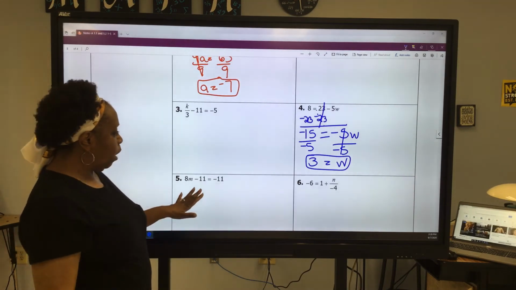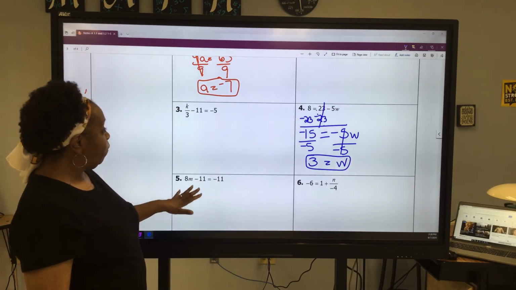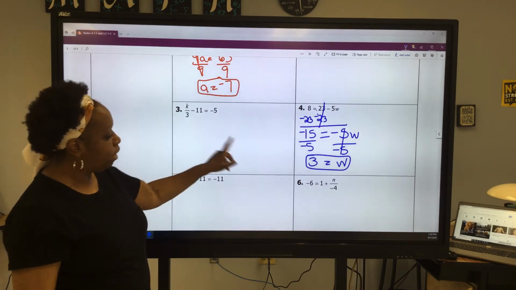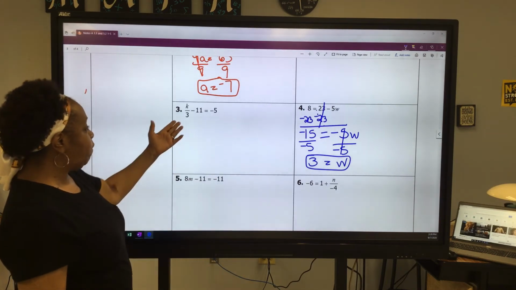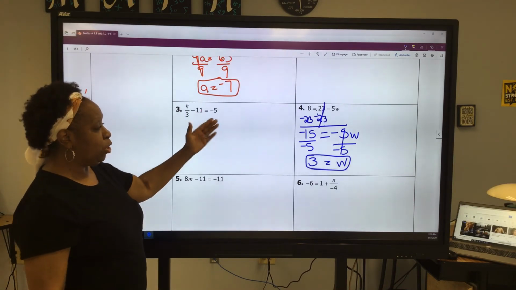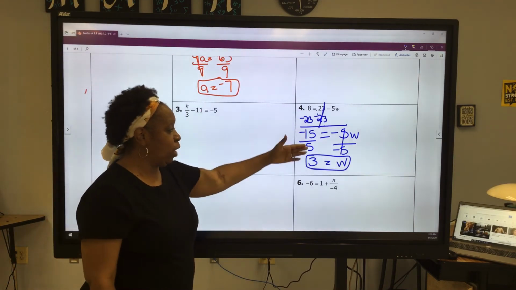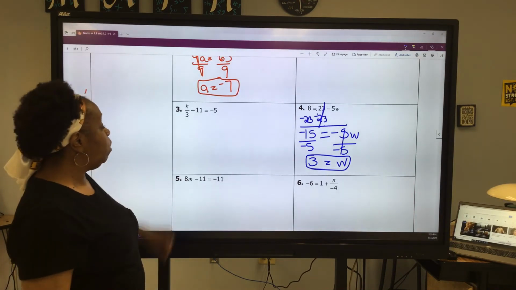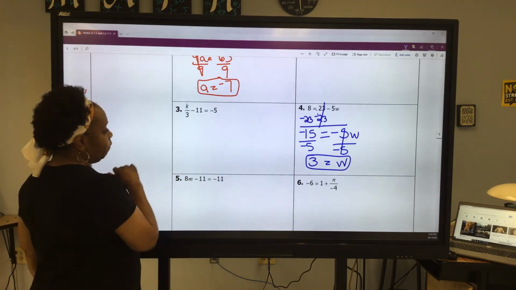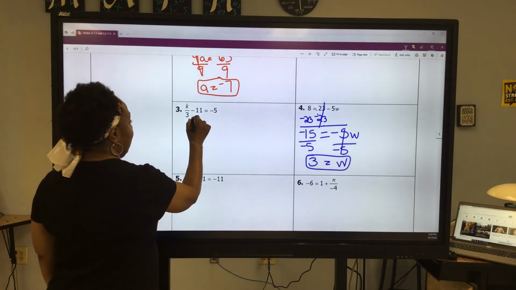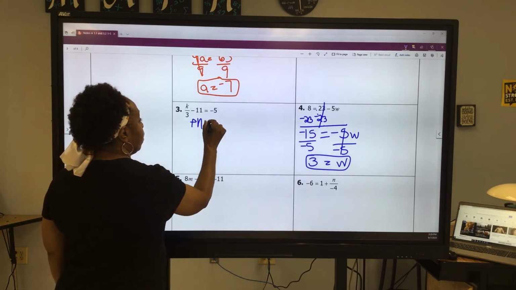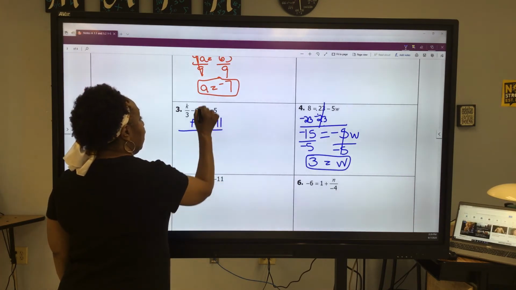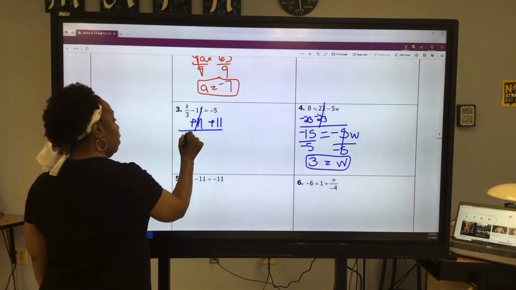I want you to try number 5 for practice. I'm going to do number 3 so you'll have an example of that. It's going to be like number 6. This one involves addition and multiplication as opposed to subtraction and division and undoing multiplication. Here we're going to undo division right here. So here, what's the first thing I'm going to do? Right, add 11. These 11s cancel. What comes down? K